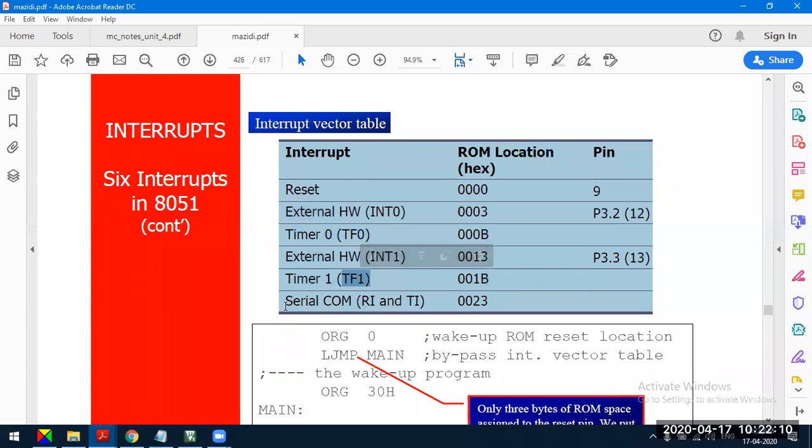Whereas if the interrupt is due to serial communication, the microcontroller does not know the source of interrupt, and hence the clearing of the flag, that is either RI or TI, similar to TF0 in the timer 0 interrupt and TF1 in the timer 1 interrupt, cannot be done by the microcontroller, because it does not know whether the interrupt is because of receiving the data or transmitting the data.